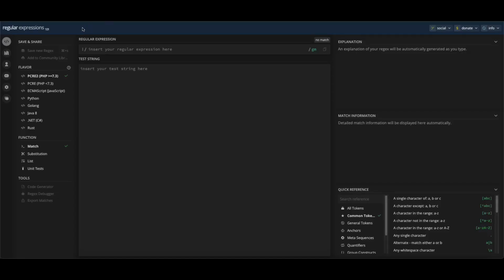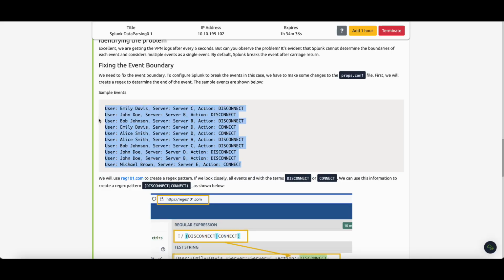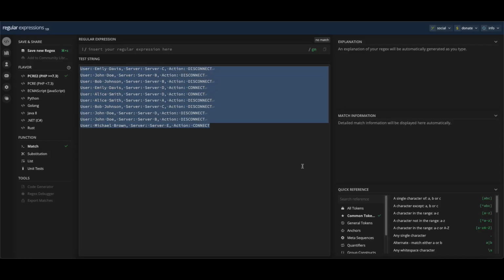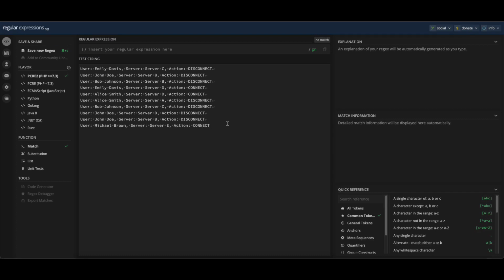I will use regex101.com, and actually let me show it to you. Let's copy it and paste it here. As you can see, it is the output of the VPN logs script, okay? And the problem with Splunk is that it thinks they all belong to one operation. No, they are separated. And to correct this situation, we can see